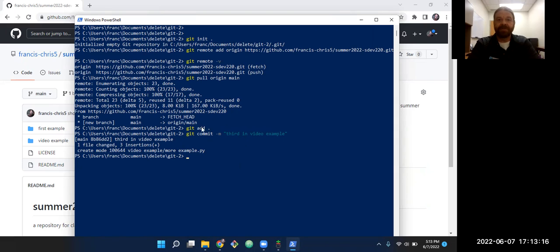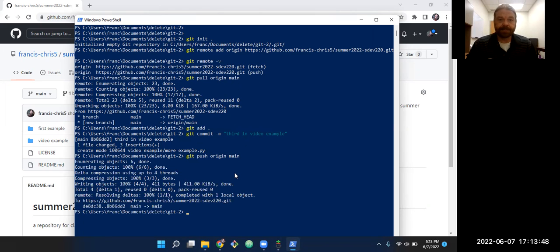So after we've done all that, initialize our folder, remotely add the origin. This one's optional, but it's a good option. We pull the origin, make any changes to it we need, then add the changes. The dot refers to the current directory. Make the commit, and then we're ready to git push origin. And just like when we pulled the origin, we have to say what branch we're pushing it back up to. Push it back to the main origin, main branch. It's all there, so